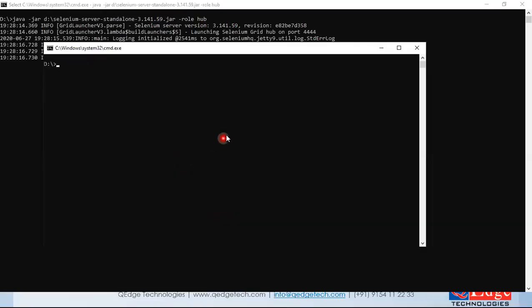I open another command prompt here. So java -D webdriver.gecko.driver equal to, I'm giving where the gecko driver is available in my computer, at my D drive. Gecko driver file path I have given. Hyphen jar, give the Selenium jar file location. Then